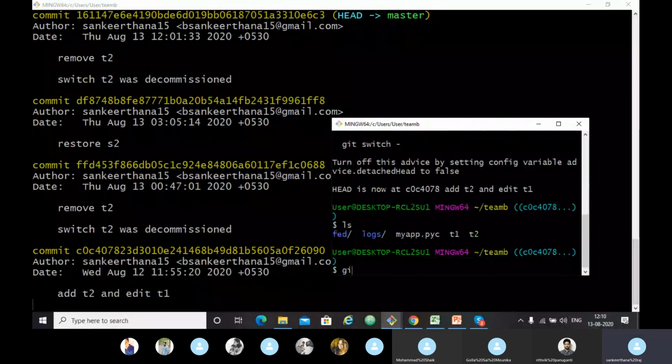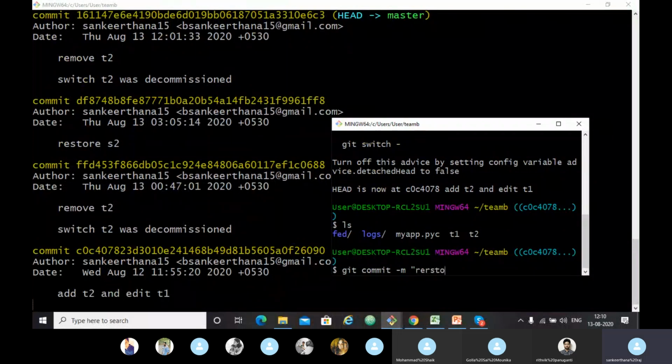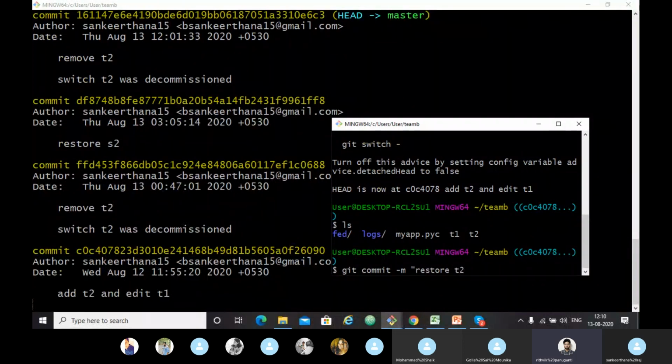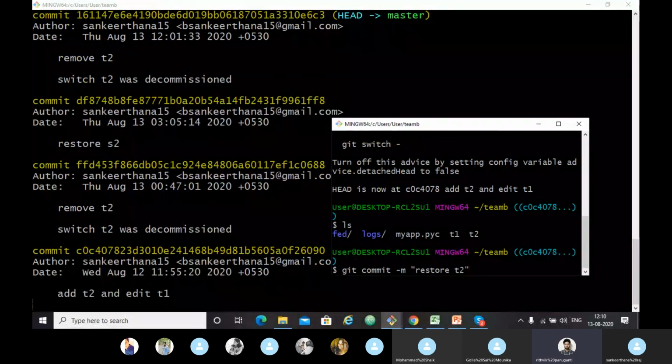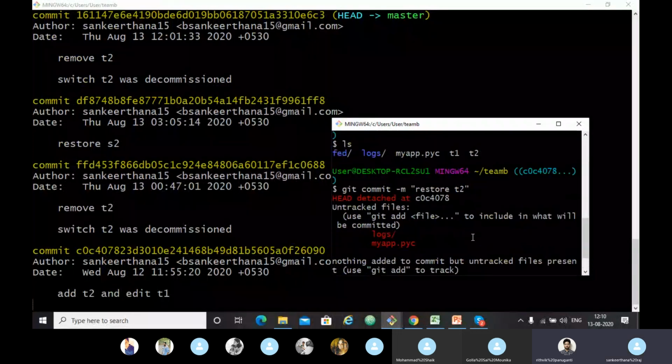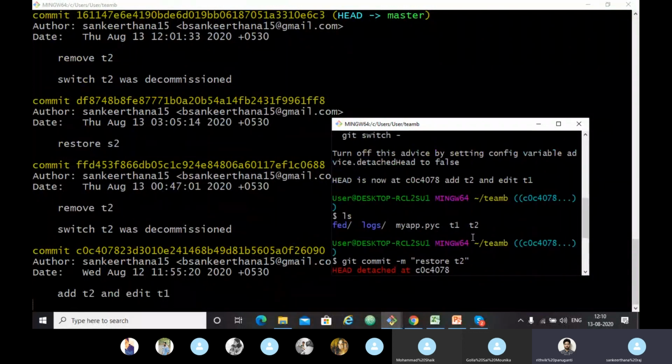So now I want to make a commit. Git commit -m T2. So I have restored it in the test.